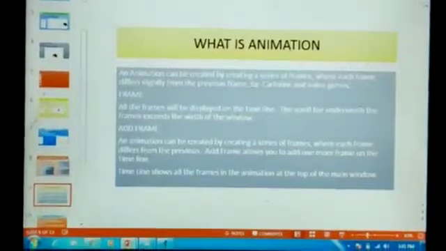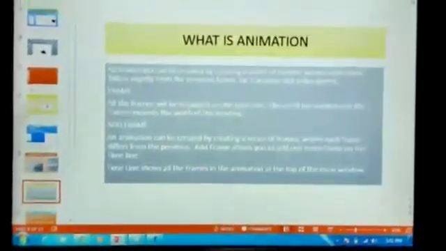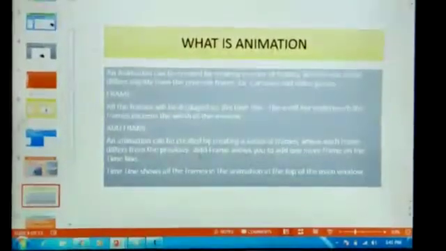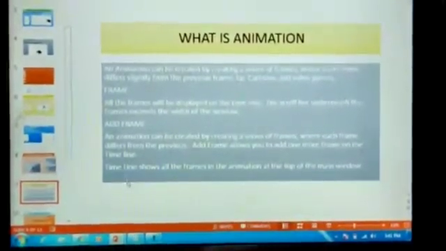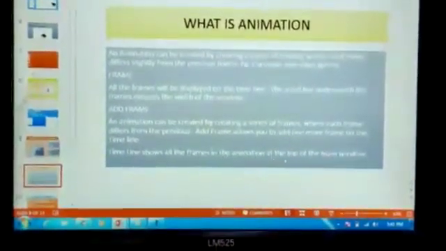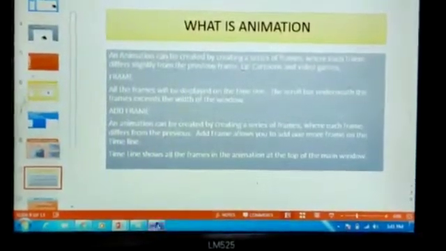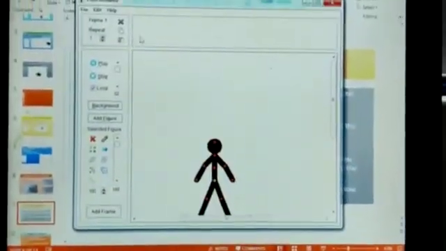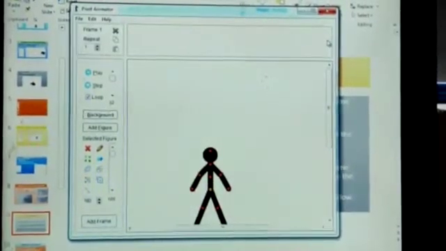An animation can be created by creating a series of frames where each frame differs from the previous. Add frame allows you to add one or more frames on the timeline. The timeline shows all the frames in the animation at the top of the main window. Here you can see all the frames of the animations you have created on the timeline.